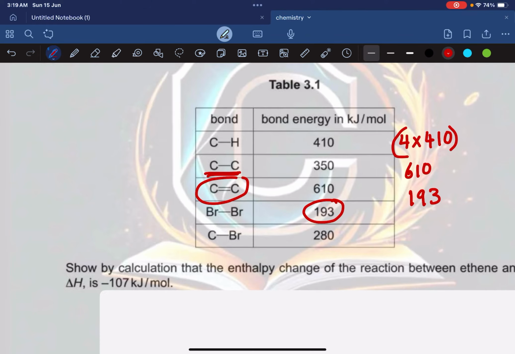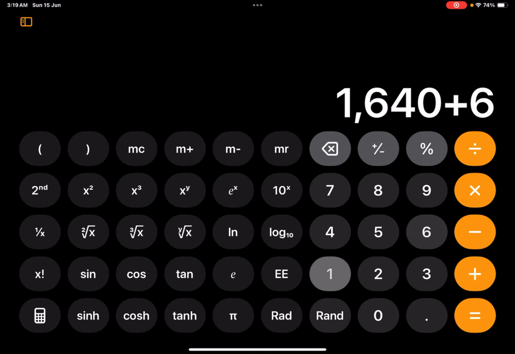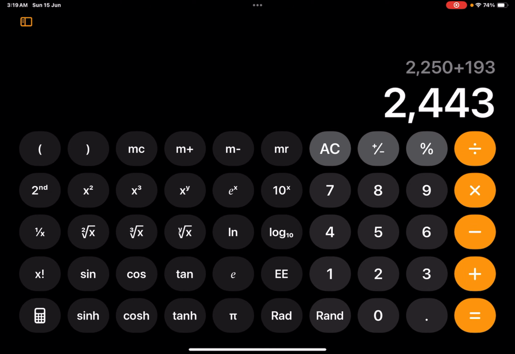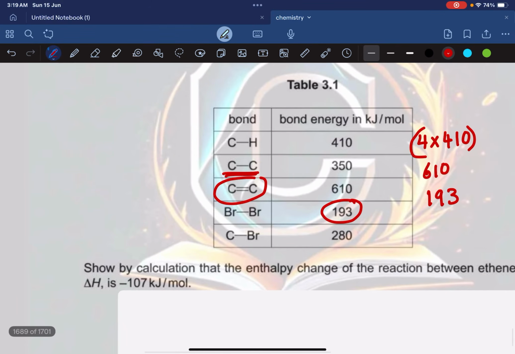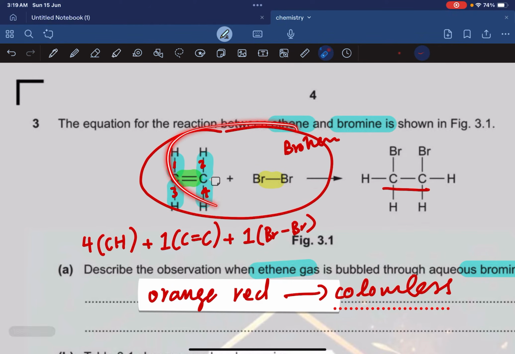So 4 times 410 plus 610 plus 193 gives me 2443. So 2443 is the total energy, because to break these bonds you need to give it energy, because bond breaking